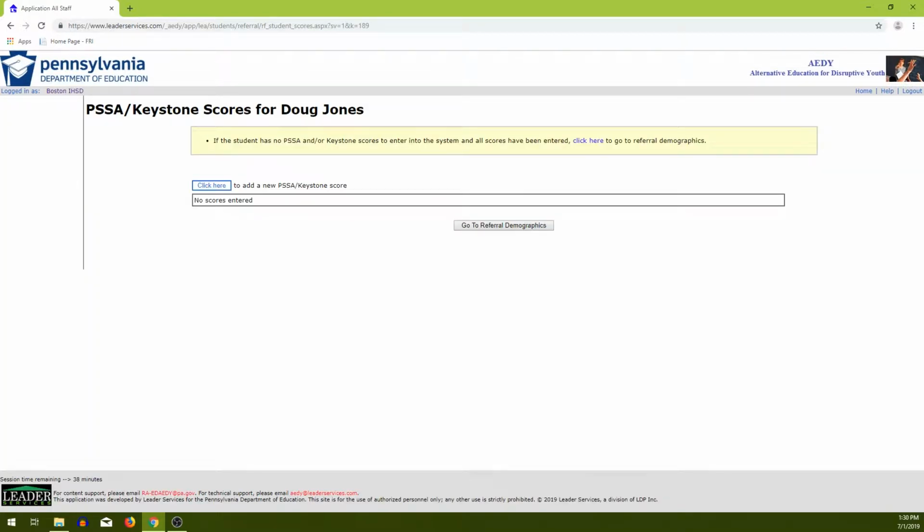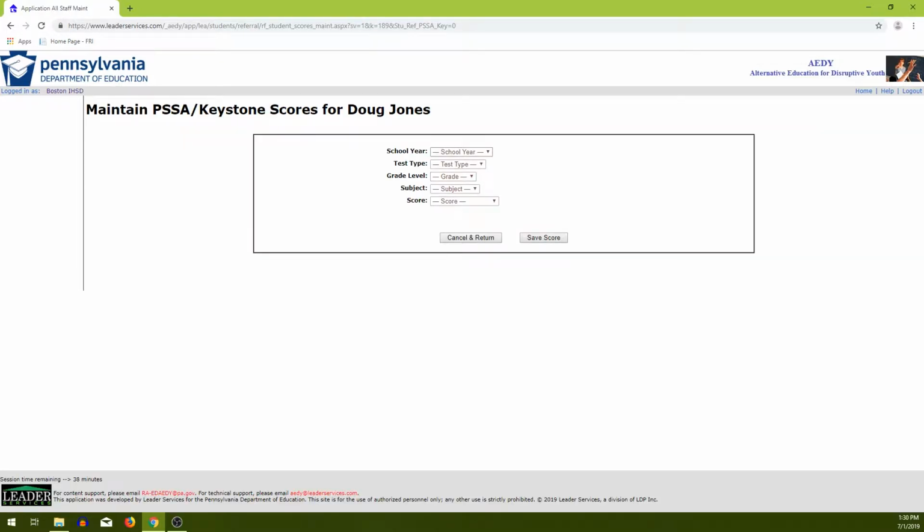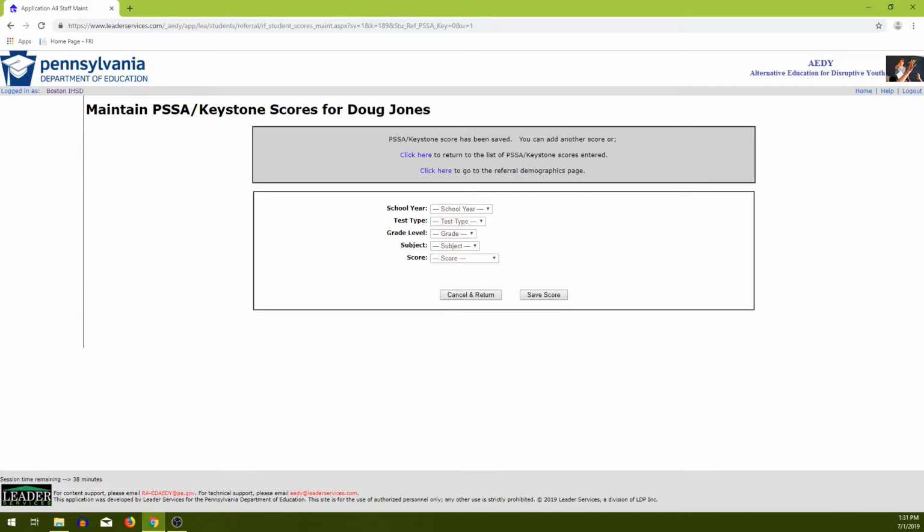This will take you to the Keystone Scores page where you can enter any PSSA or Keystone scores for this student. Keep in mind that you can always come back to this section, so if you don't have those scores handy at the time, you can go right to the referral demographics. Since this is a test referral, I'm going to go ahead and click here just to add one to show. And it's just school year, test type, grade level, subject, and score. Click Save Score. You'll have the option to add another one or proceed from here right to the demographics page,